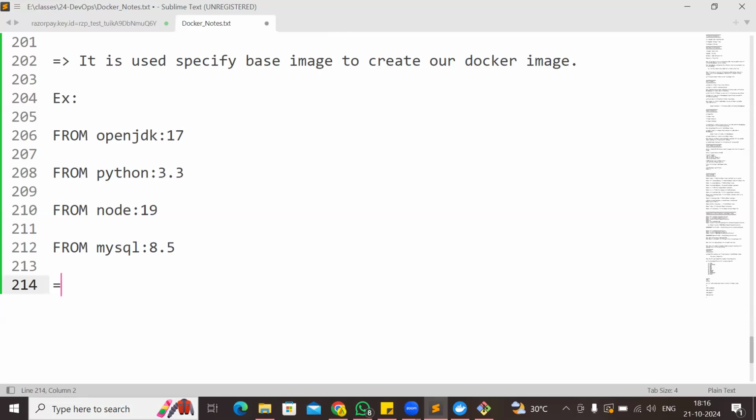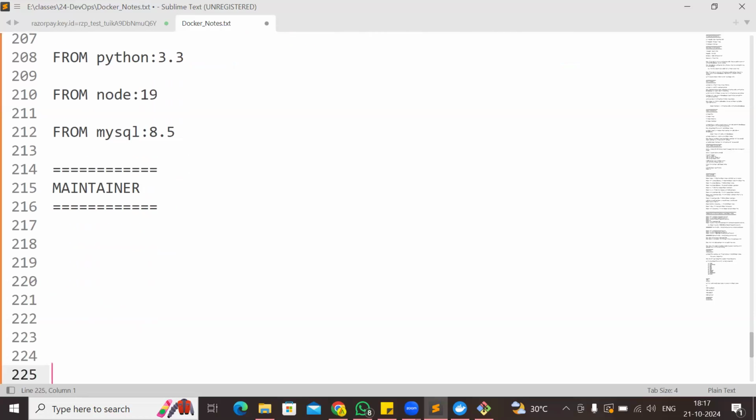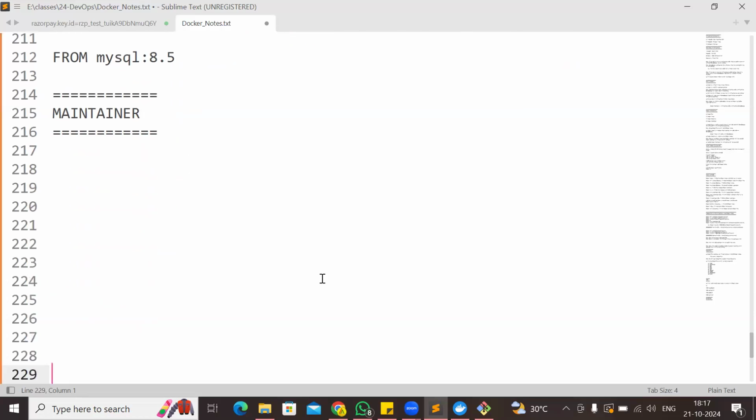And the next keyword available is called the MAINTAINER keyword. This is an optional keyword, guys. The MAINTAINER keyword will be available in the Dockerfile. It is used to specify who is the author of our Dockerfile. For every project, one Dockerfile will be available. It is used to specify the author of the Dockerfile. So in our project, one person will create the Dockerfile,